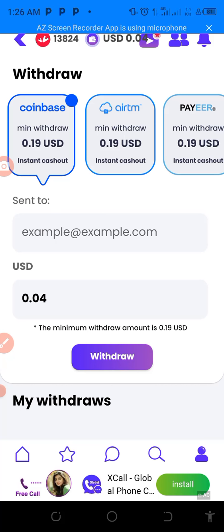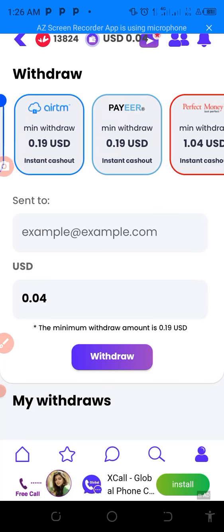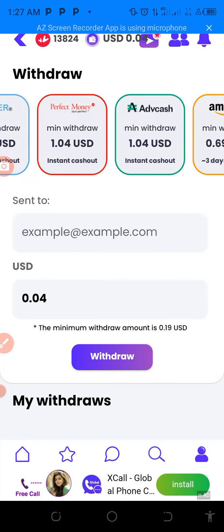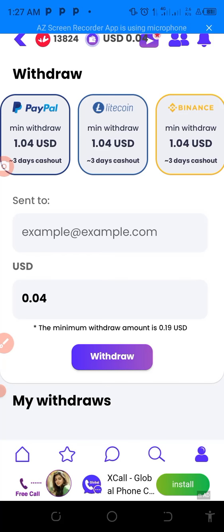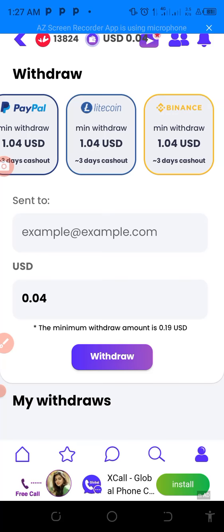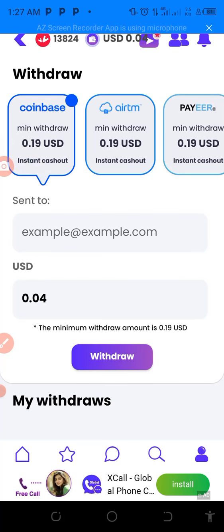For instant cash out, you can use Coinbase, airtime, Payeer, Perfect Money, Advanced Cash, Amazon, PayPal, or Litecoin. You can also use Binance to withdraw the money. This is your email, they will send it directly to you.